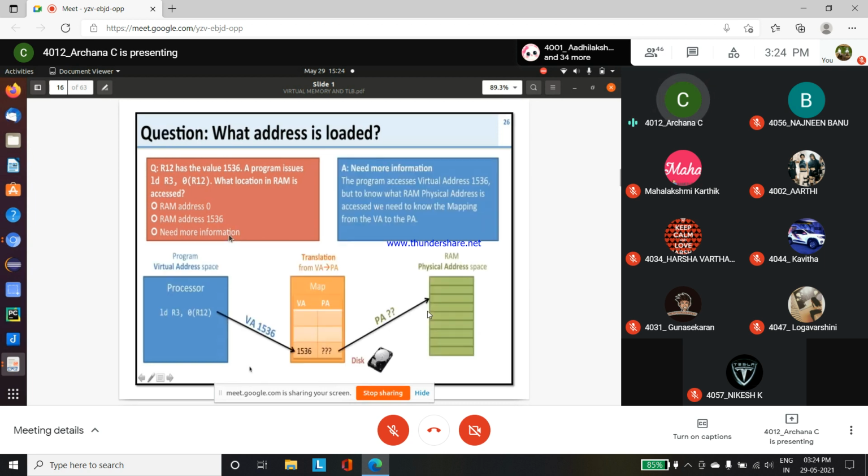The answer is need more information, because we don't have the location of RAM. The program accesses virtual address 1536, but to know what physical RAM address is accessed, we need to know the mapping from virtual to physical. That's all, ma'am.